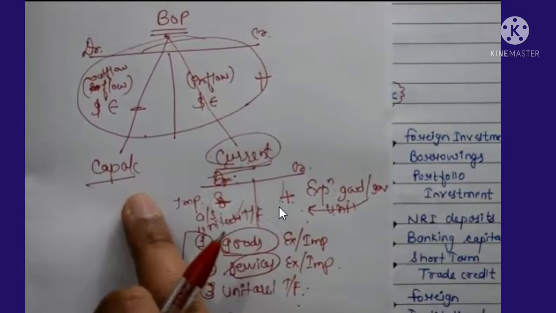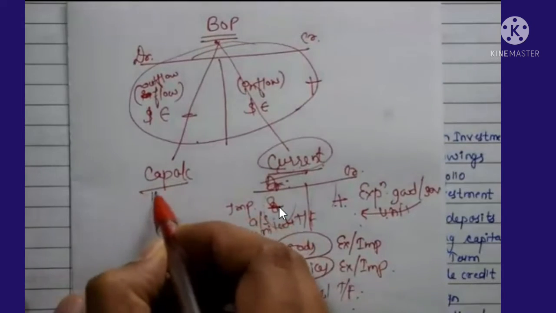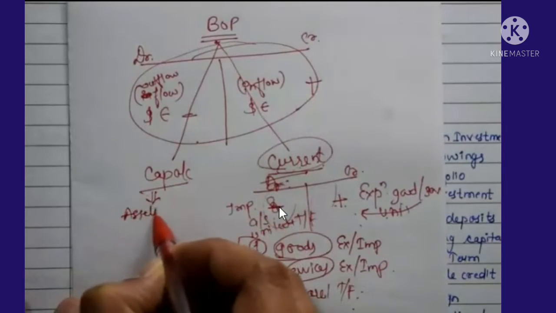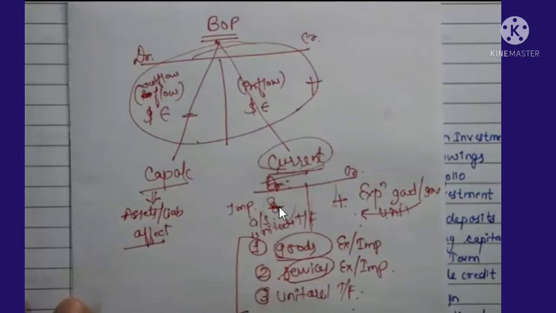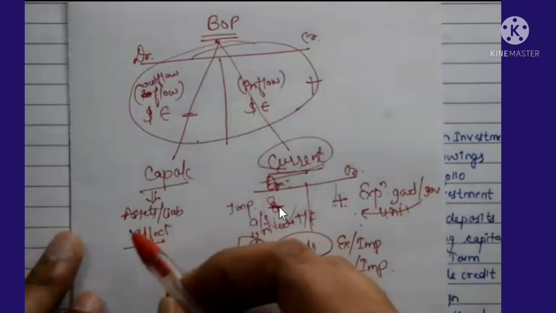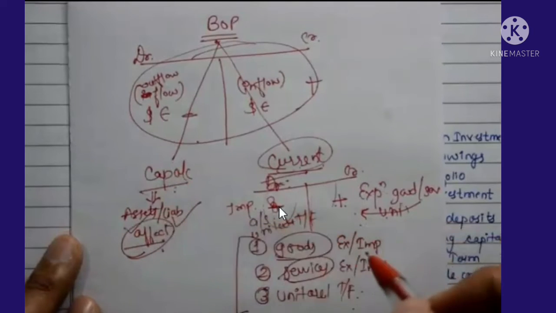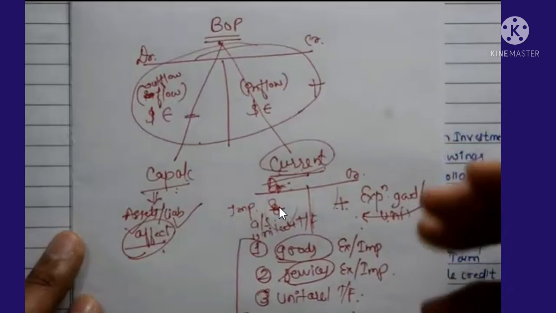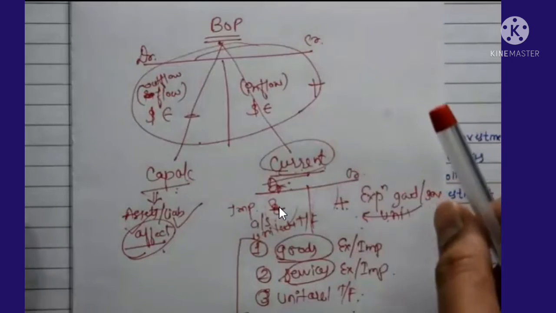So next is the capital account. Under that, the borrowings may be described as a record of all transactions between the residents of the country which may create any change in the assets and liabilities, or affect the assets and liabilities of the residents of the country or its government. So that affects the assets and liabilities in a country's records. That's known as the capital account.